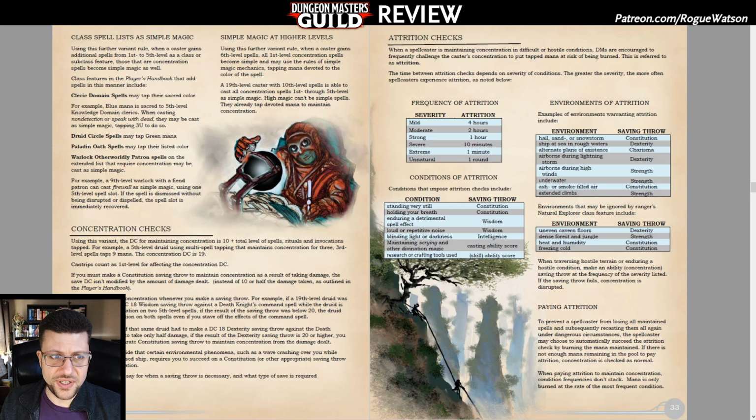So a druid can do that with green mana in general, or a paladin can do that with whatever their listed color is, or the domain color, their class-specific spells. And suddenly it gets way more powerful. Even if you're limited to only certain spell types or colors, you can cast a spell with concentration and leave it up, as long as it doesn't get dispelled or you lose concentration, and then you can either stop it and get that mana back,